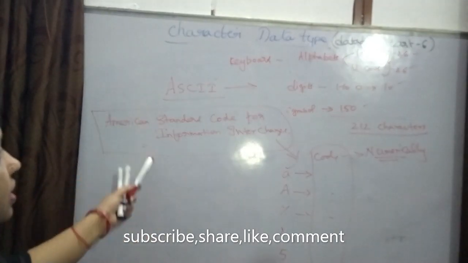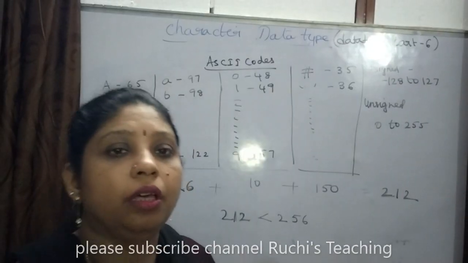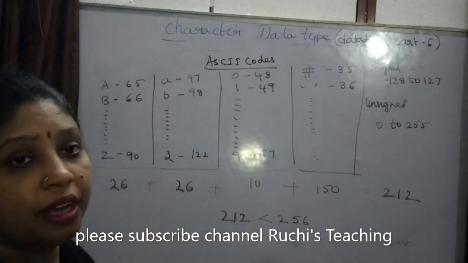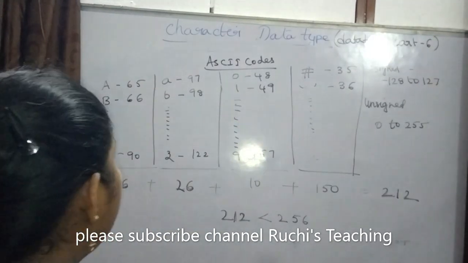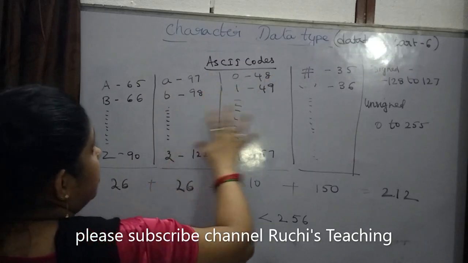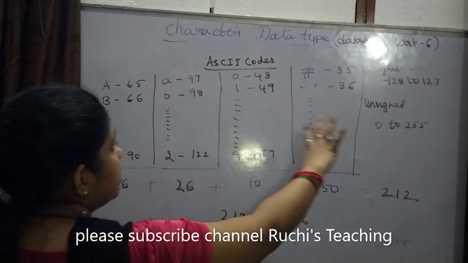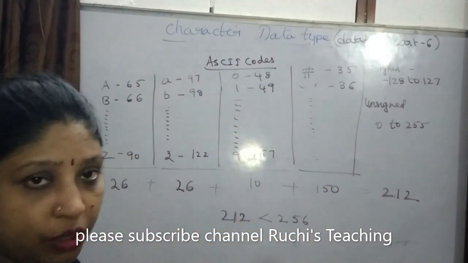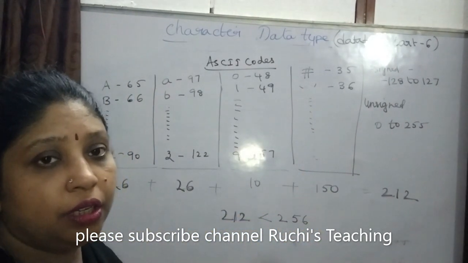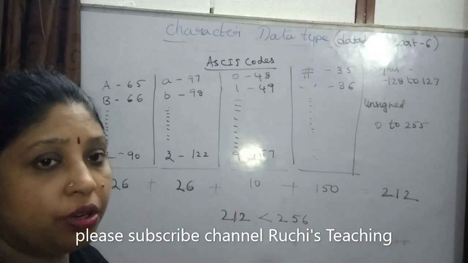this is the ASCII codes chart I'm showing on the screen. So here you understand this. These are the ASCII codes. All these things are present on our keyboard. So all these are the characters of our keys which are present on our keyboard.